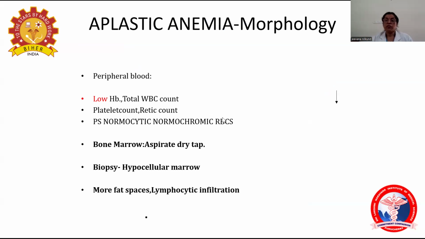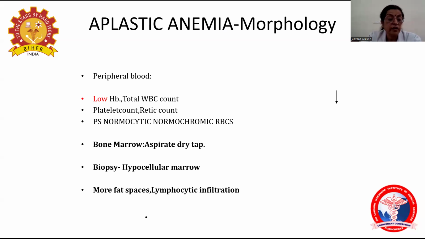Coming to morphological findings in case of aplastic anemia. So how do we diagnose aplastic anemia? Whenever we suspect a patient, we send the complete blood count. When a complete blood count is done, there is a decrease in all the three cell lines, that is WBC, RBC, and platelets. So RBC count reduction is seen in the form of decreased hemoglobin. There is a decrease in the WBC count, a decrease in the platelet count, and a decrease in